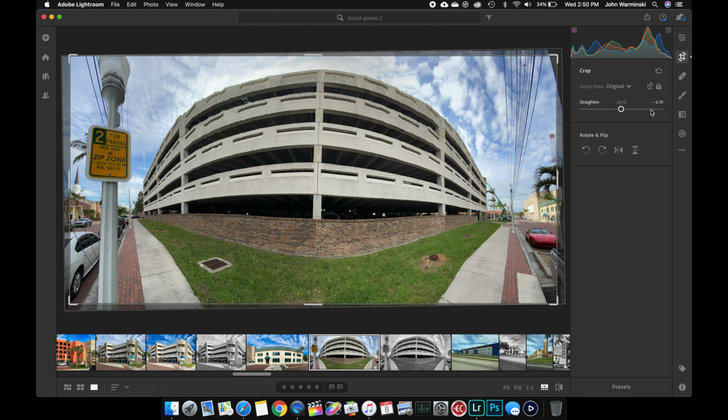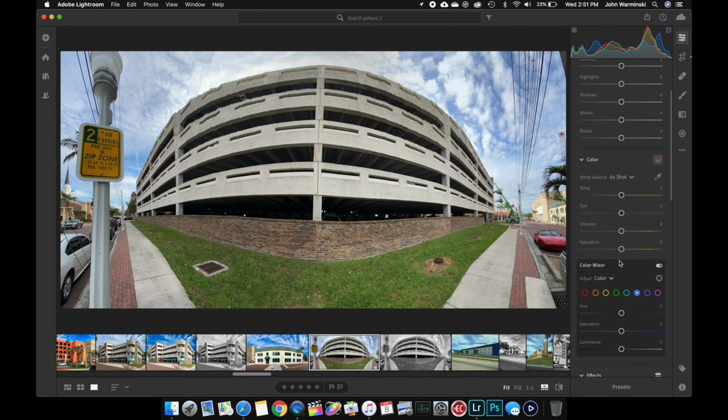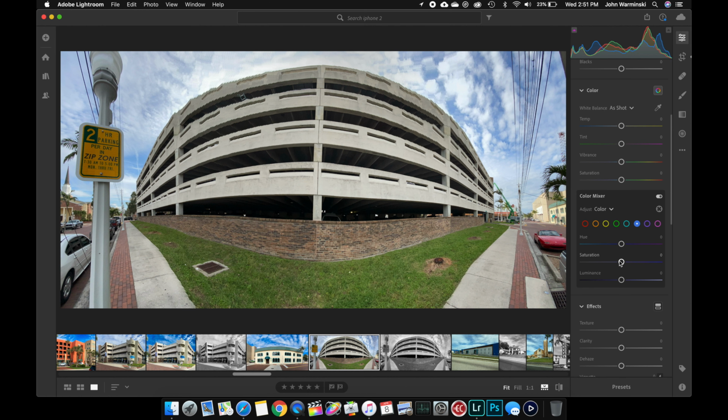-0.79 now. Really not missing a whole lot in the frame. Otherwise, as you can see, pretty much everything is in frame from the original shot. So that's good. This is that same parking garage, by the way, just on the side of it. I thought that I would see if I could get the whole parking garage in frame, and so I did another panorama shot, and it came out okay. It's not the most exciting photo, but just because I haven't edited this one yet,